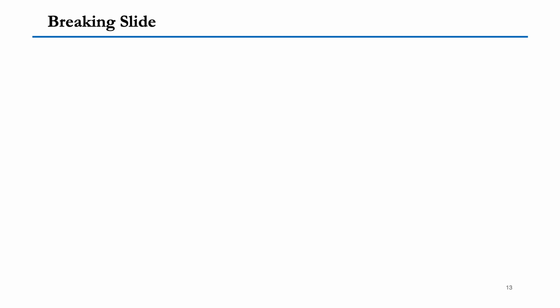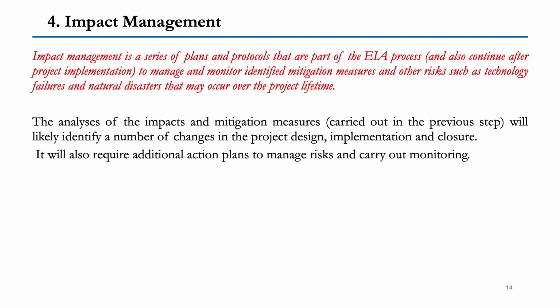In the next session, we will take a step ahead and look at what the processes are after the assessments. Now, then the fourth step comes: impact management. So impact management is defined as a series of plans and protocols that are part of the EIA process and also continue after project implementation. So that's the important point, that impact management also continues after the project implementation